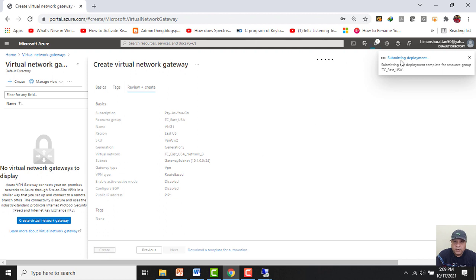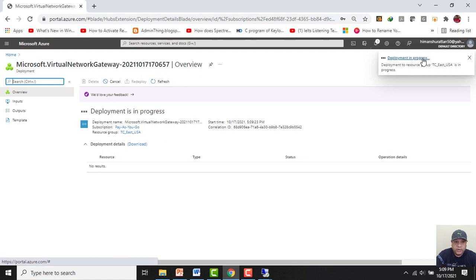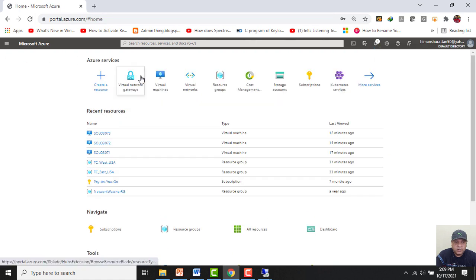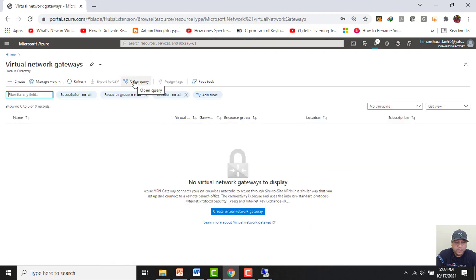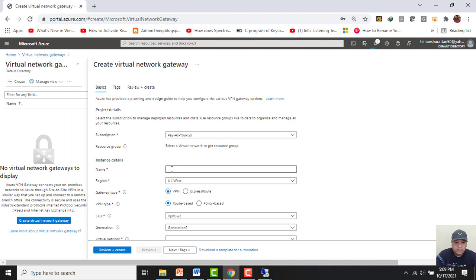The deployment is in the process of submitting, and the deployment is now in progress. Let me create another virtual network gateway and I will associate it with network C. Let me give it a name as VNG2.